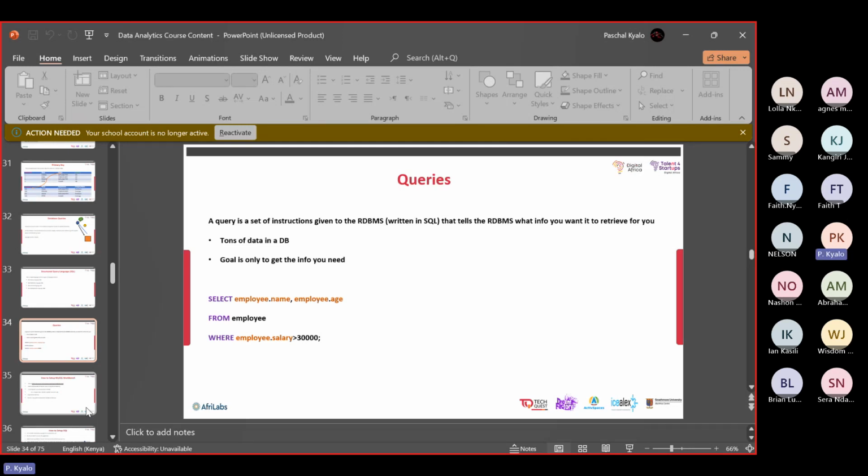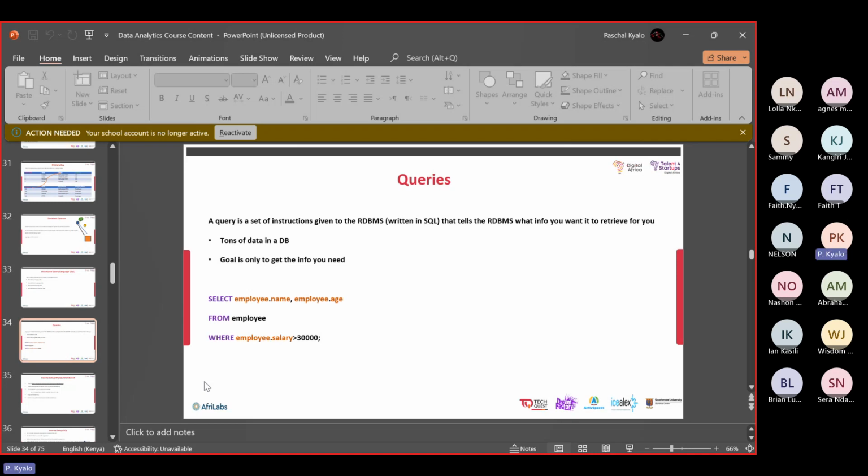So we can look at an example of a query. Queries usually have keywords, and some keywords that are used for querying include select. The select keyword is used when you want to make a selection, and then the from keyword, as you can see in the example that I'm displaying on the screen. The from specifies from which specific table you want to retrieve this information. And maybe when you want to retrieve information from more than one table, you can move on to the advanced queries whereby you use